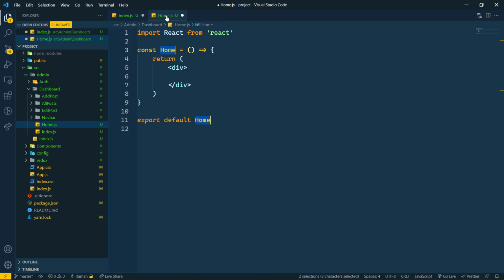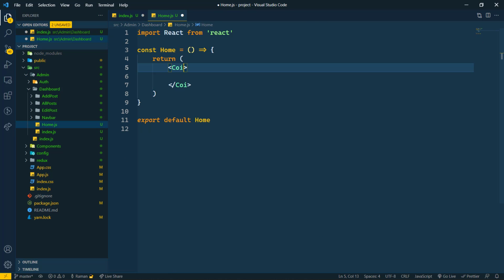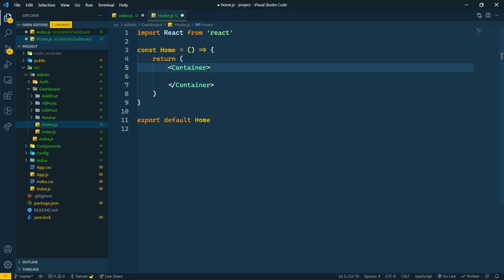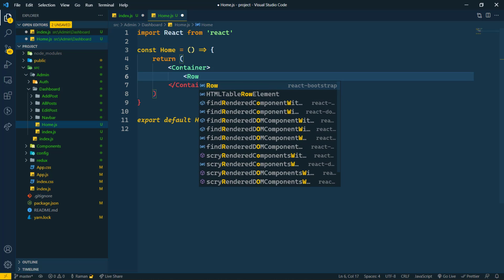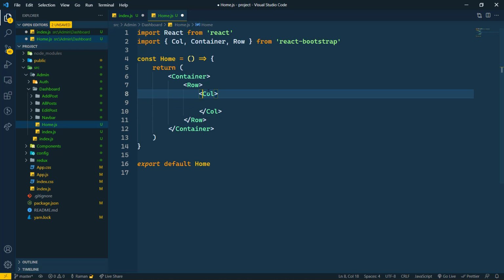So I'm going to cut this also, and here let's first of all create a container. Container we are importing from React Bootstrap, and then we need row, which we are importing from React Bootstrap also. Then we need column, importing from React Bootstrap also, and it will be md12. md8 will be better, I think.